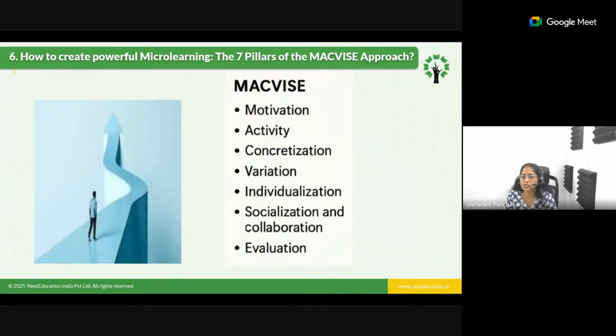Now coming to the next one, socialization and collaboration. This is where we leverage peer interactions for deeper understanding. It's not all the time that we are teaching the student. The student also should come forward and give a seminar, maybe on one or two chapters which are very generic. You don't need any technical explanations in that. Maybe the pollution chapter, as I said earlier, or a forest chapter. You can give a week's time, saying that this chapter should be discussed in the classroom or given as a seminar or a symposium.